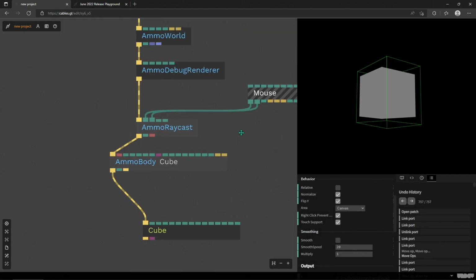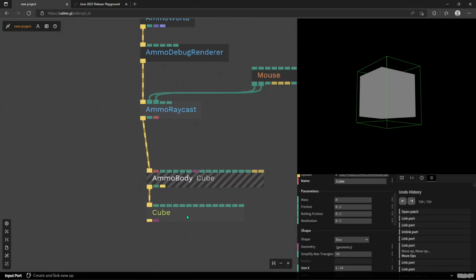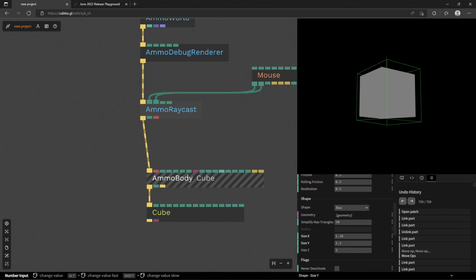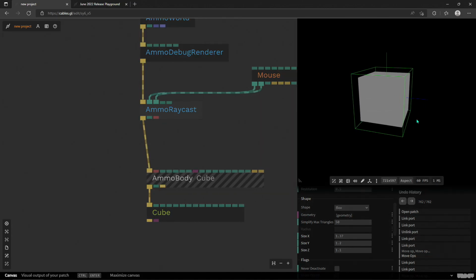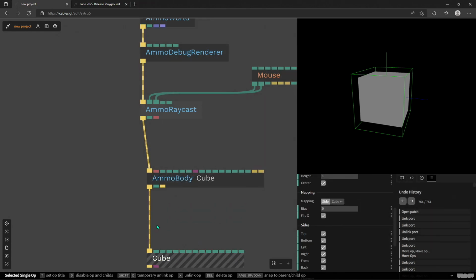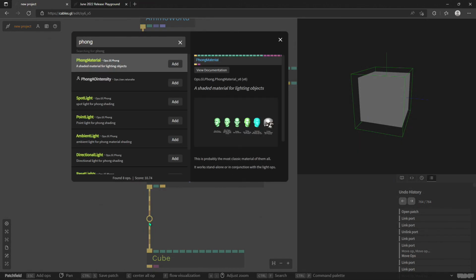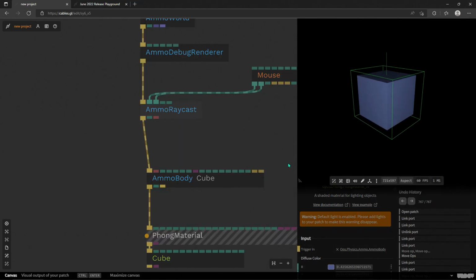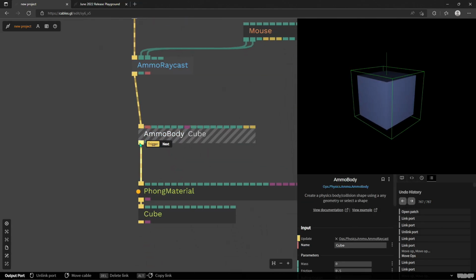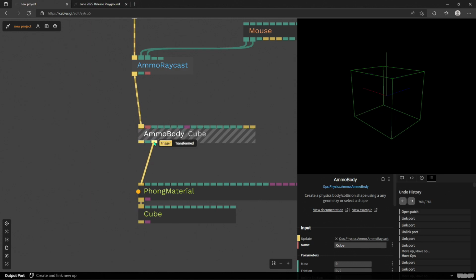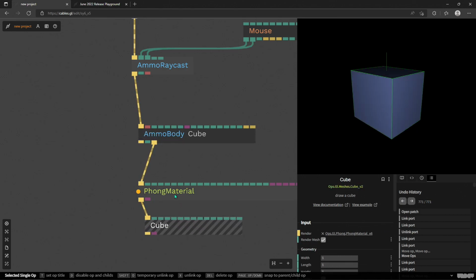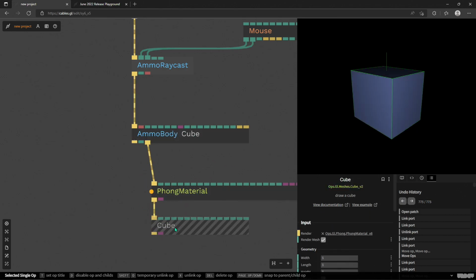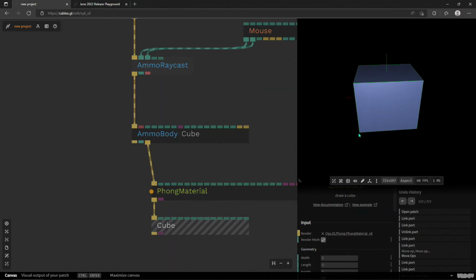So back to why this way is kind of annoying, right? We have a cube and then we have this cube and they're different sizes. So then we need to match the size to the graphics version of our cube that I will throw a material on. So this is kind of what we had to deal with before, but now all you have to do is plug it into the transformed output, and the geometry below the physics cage will be transformed to fit the cage,